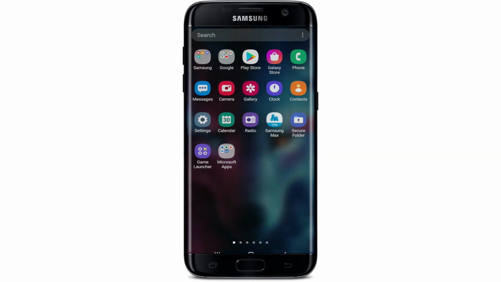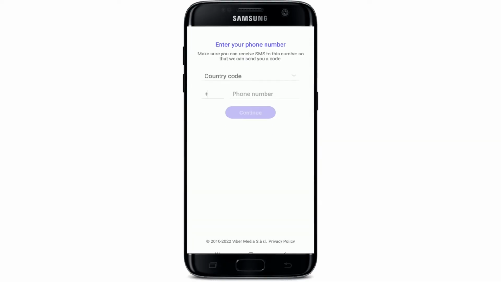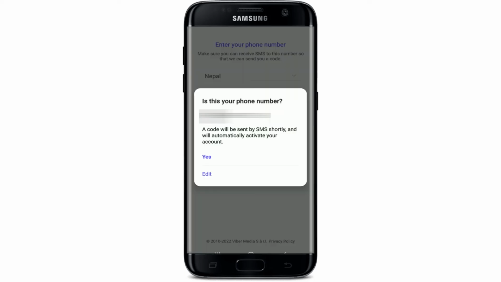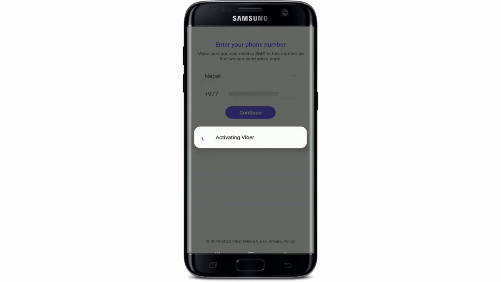Now go back to Viber app from your app drawer. Tap it on. Sign into your Viber one more time by tapping on Start Now. Type in your phone number after selecting your country code and tap on the Continue button. Confirm that the phone number that you've typed in is correct by tapping on Yes. Allow Viber to access your contacts by tapping on Allow. Similarly, allow access for your phone call logs as well. Wait until Viber gets activated, and soon after it does, simply go ahead and try sending that text message